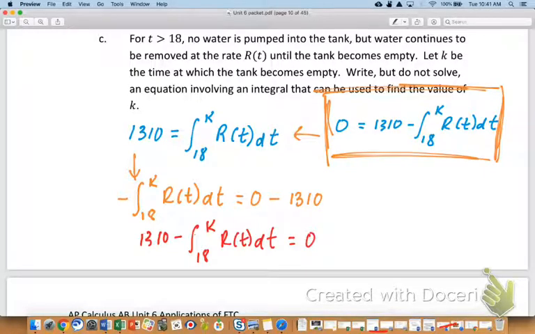And here's what you could do. Check this out. Maybe, Luke, this is sort of what you're getting at. What if I just treated this like we've been treating the other ones, and I said, all right, it's the definite integral from 18 to k of, now check this out, w minus r. Maybe this makes the most sense, because now w is 0, and we get the same thing we just said. All righty. Well, let me show you. I think this will go along well with what we've been doing. Good job, by the way. C has potential to be very challenging. Seems like you guys did a pretty good job.